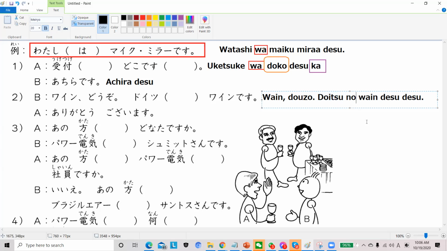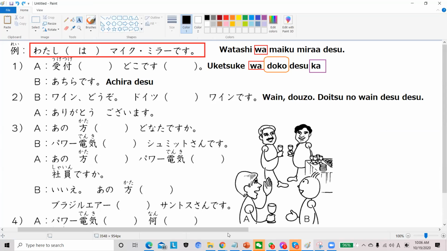So for example, you want to say it's a Japanese souvenir. How are you going to say that? What is souvenir? We have omiyage. And the country, Nihon. Japanese souvenir. Nihon no omiyage desu. はい、日本のお土産です。はい、よくできました。